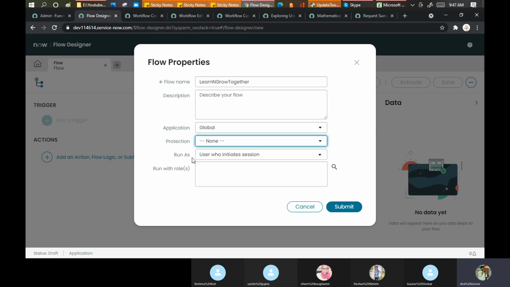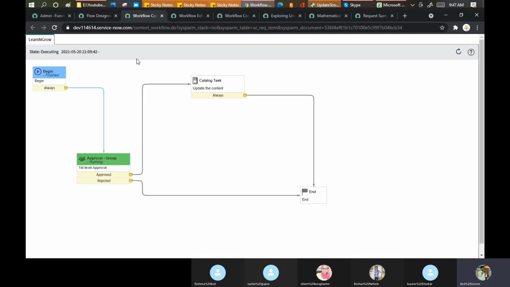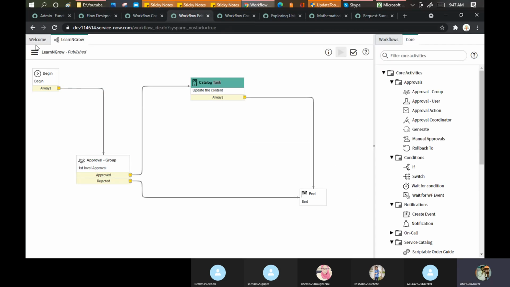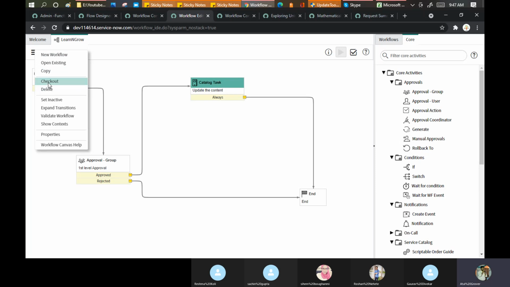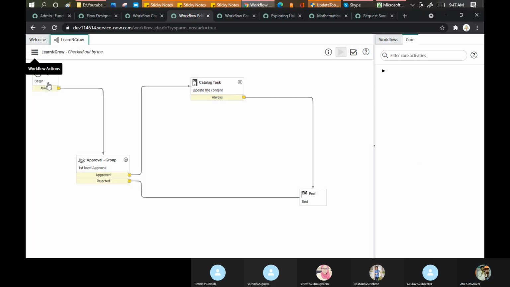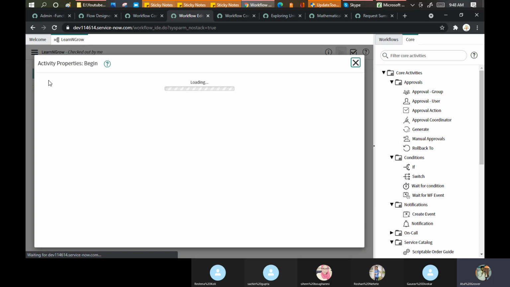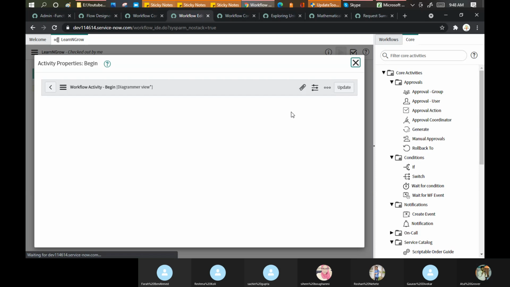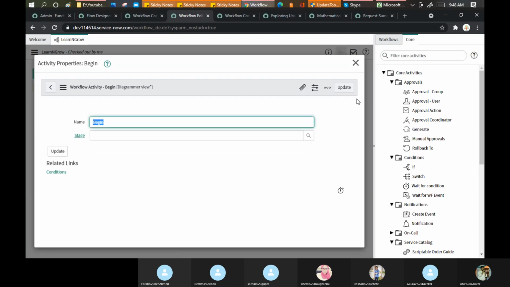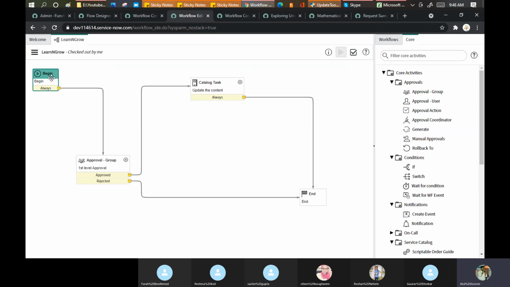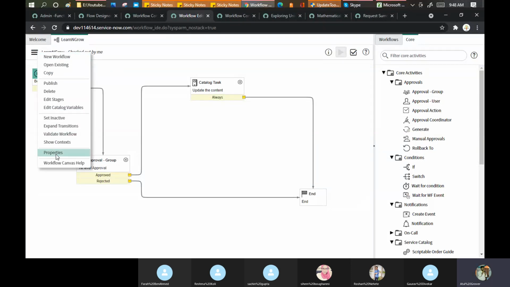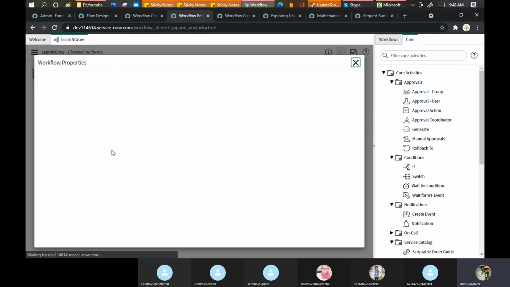So we can do run as. It is like a stage we have in the workflow here. Let me check this out. Okay, so if you open here, wait, open the properties, sorry.